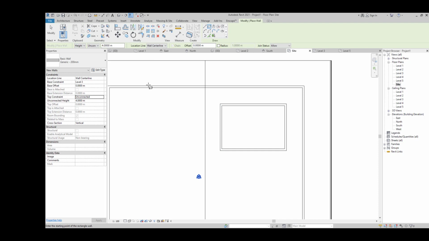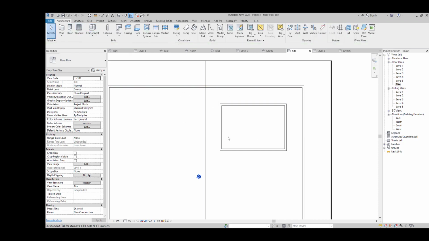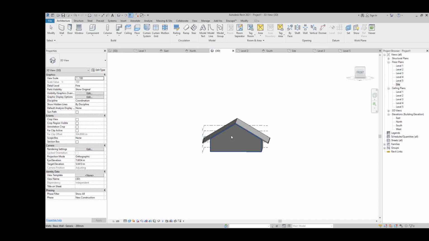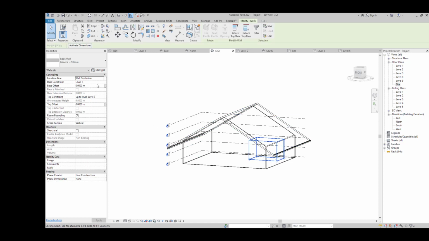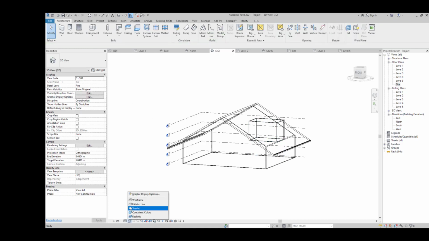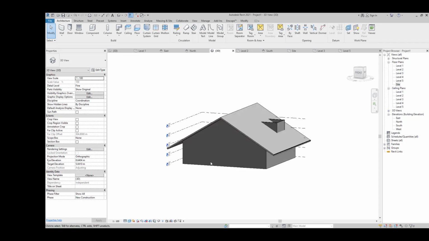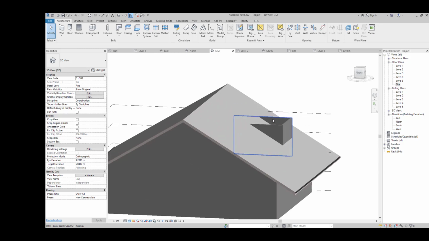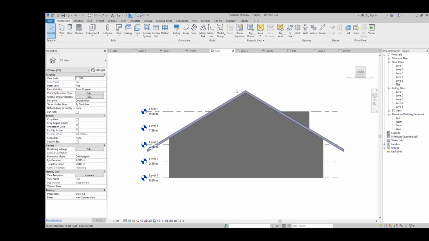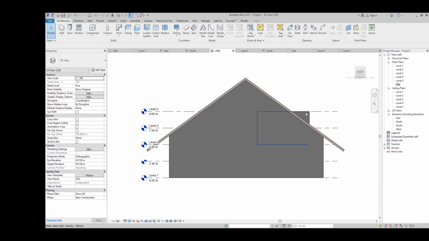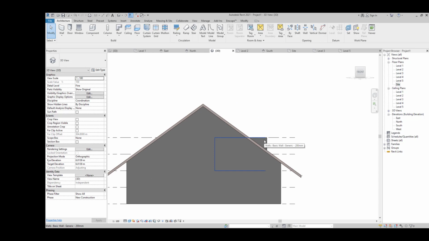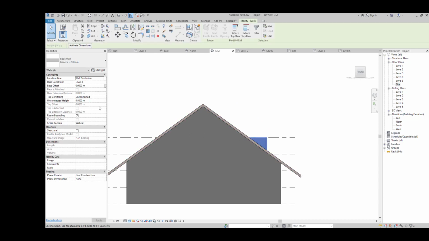After that I will go and create a roof for this element. If you want to see this wall right now, I'm just going to the wireframe, choose it, and top connected, unconnected, base level 3. So we are going to have it like this, but it's not useful for sure. We need to change it, and I think I need to have some sort of 35 maybe. And after that I need to consider it in a higher level, so I'm just going to choose all of them